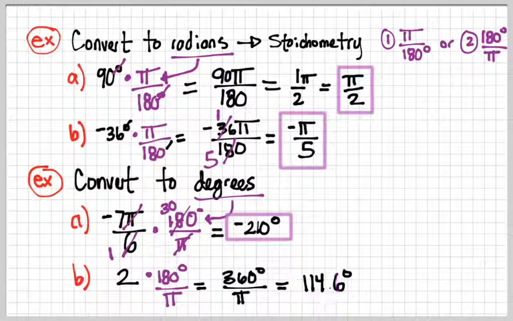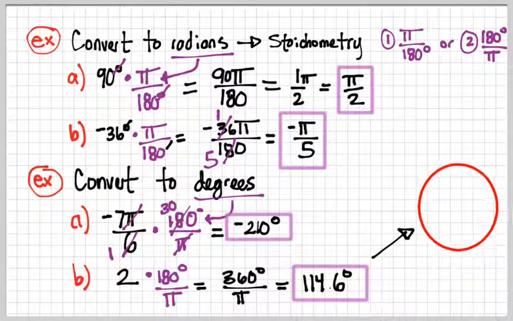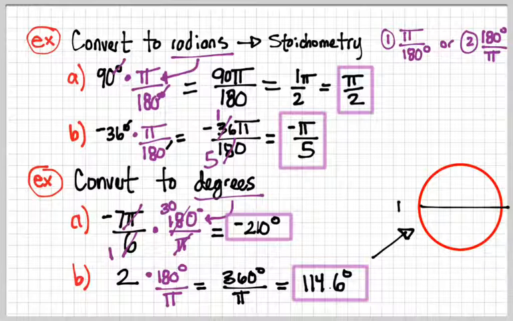Now, if you think back to the disk activity, this should make sense, because if we draw a circle, let's go ahead and sketch a circle, and we think about 180, 180 is right in the middle. This is 180. And 114 then is probably going to be right about here. Somewhere around there. And if we know it's 2 radian lengths,